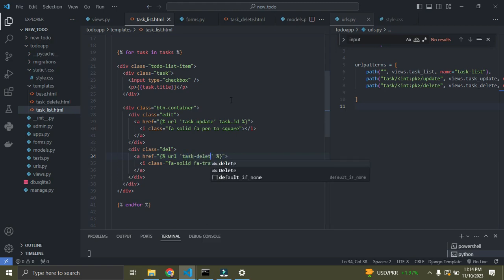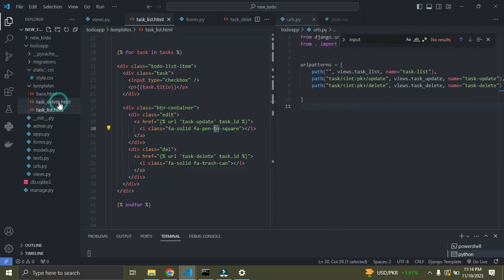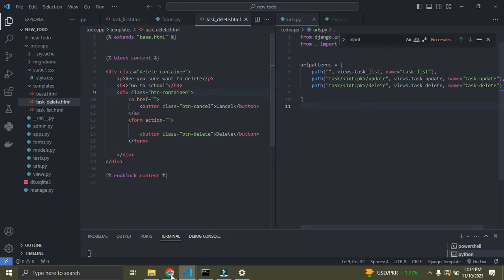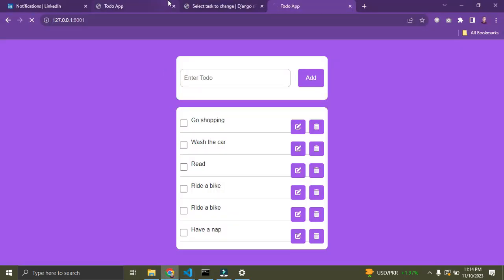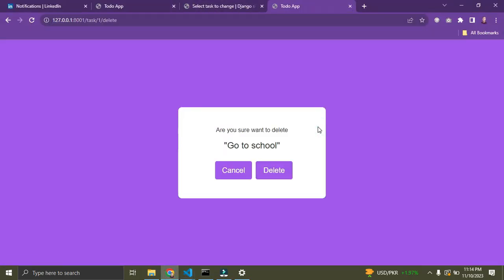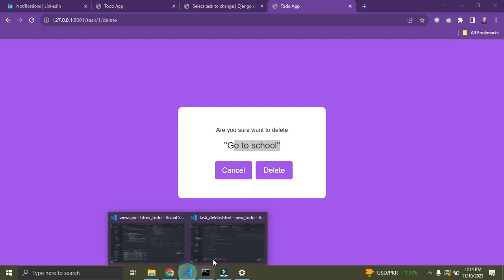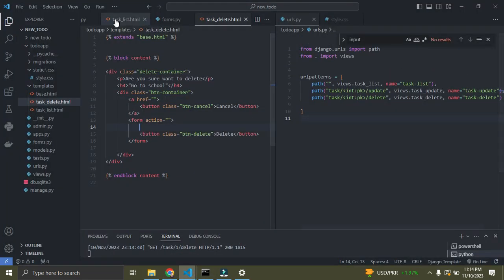Okay, task delete, and I'm going to also pass in the ID. I'm going to say task.id. Understand? So I think that's it. And also on the delete page, so let's see what we have so far. I refresh this page, click on the delete icon. Okay, this is still dummy. So on the delete page right now,